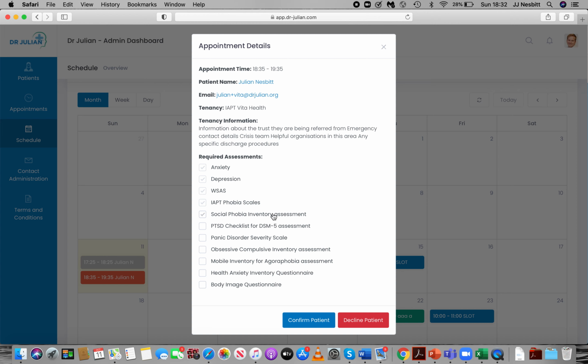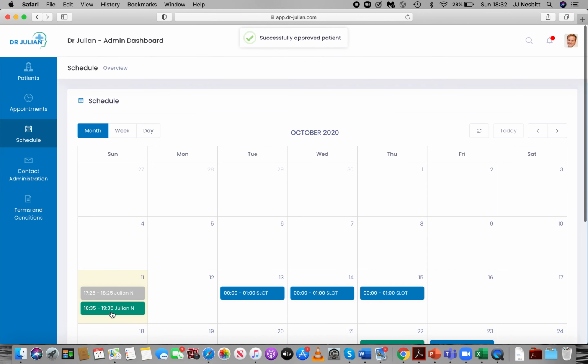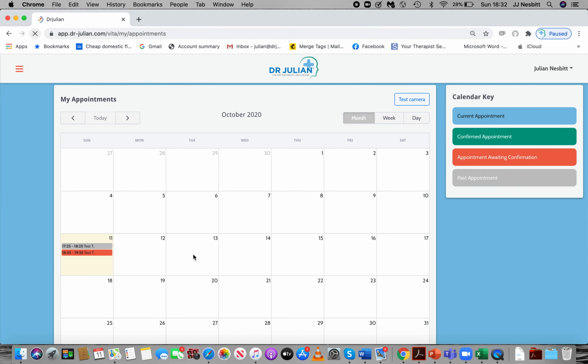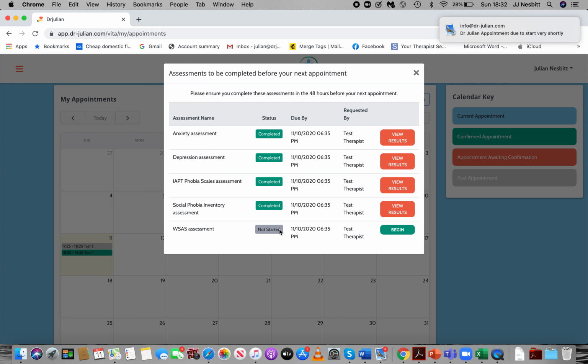So if they want them to undertake a specific assessment, they would click on that assessment and then click Confirm Patient, which then goes green. That patient is then confirmed by the therapist for that appointment, and you can see that on the patient's side it goes green. Now, because the therapist has asked the patient to undertake various assessments,